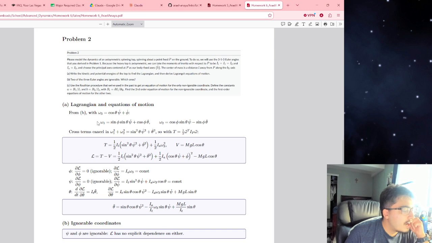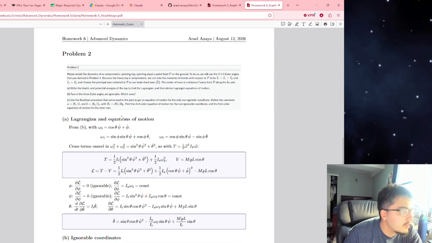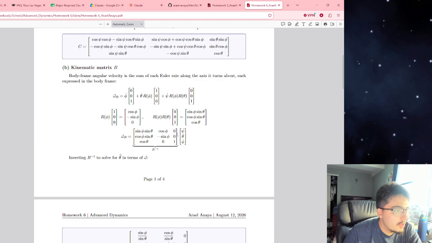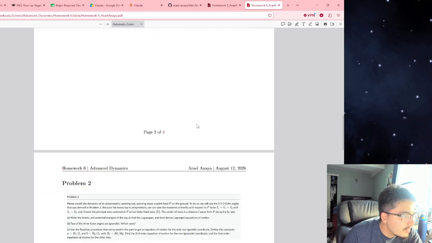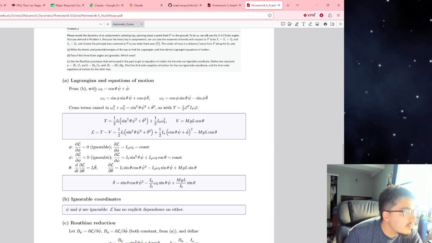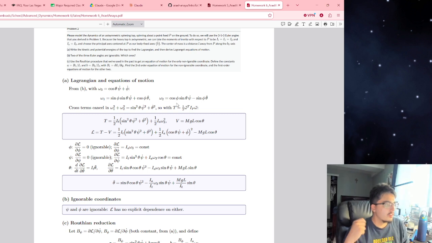So first I started by getting my equations for all of our angular velocities, omega 1, 2, and 3, which I got from the inverse B matrix here, from this definition of the angular velocity vector. That gives me three equations, W3, W1, W2. Then I go ahead and plug those into the kinetic energy equation, which is just going to be 1 half IT times W1 squared plus 1 half IT W2 squared plus 1 half IA W3,